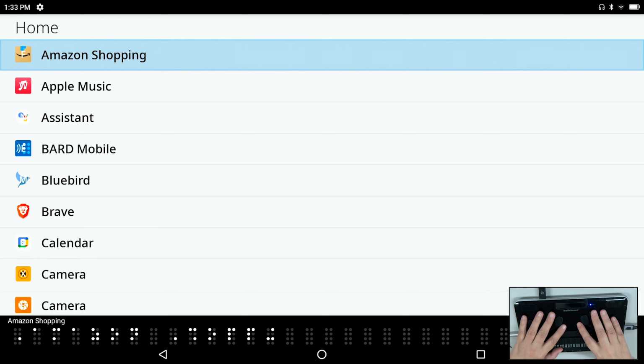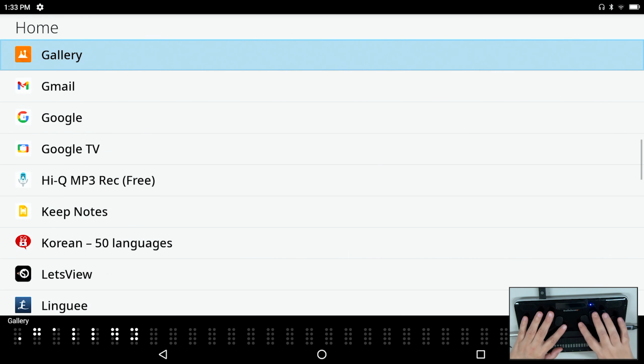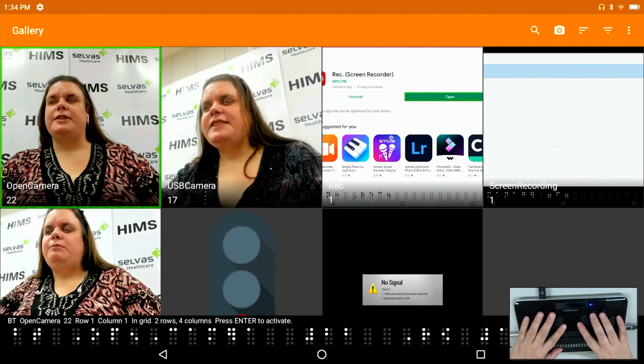And one of the reasons that I want to recommend it is I like its organization and its very, very simple interface, which of course is why they call it simple, I guess. So let's press G. Gallery. And we're going to move down. Gallery. And use the second gallery, so I'll open this. List Gallery U button, Open Camera 22 row 1 column 1 and grid 2 rows, 4 columns, press Enter to